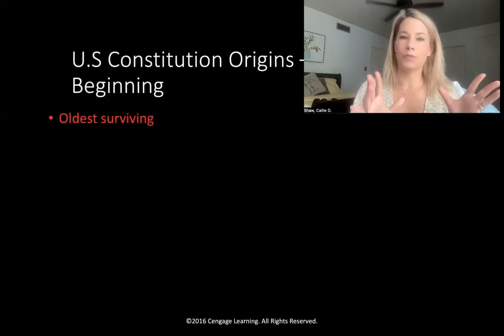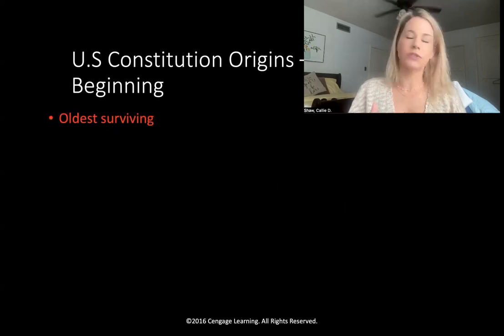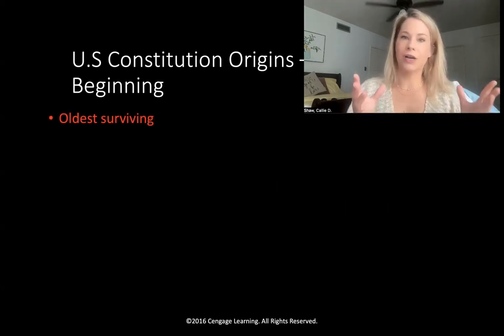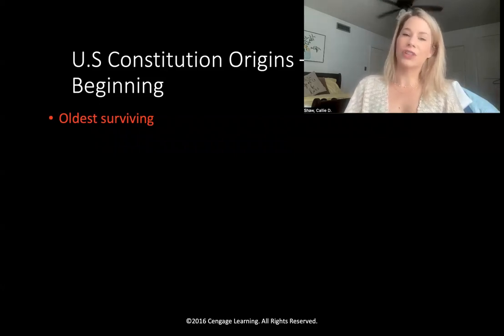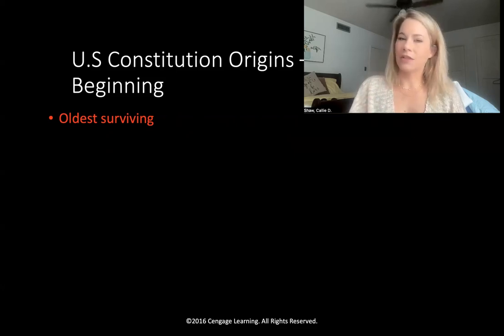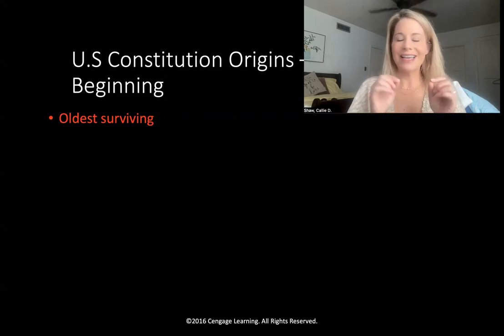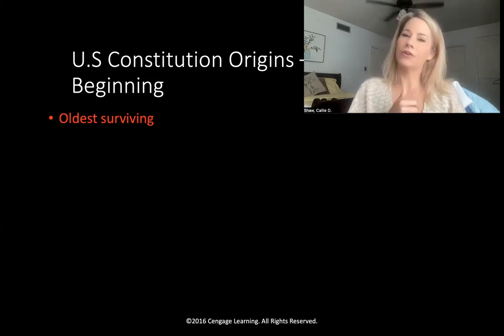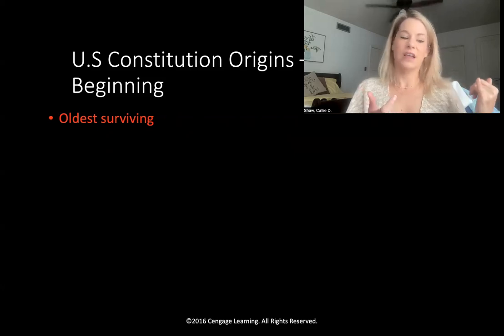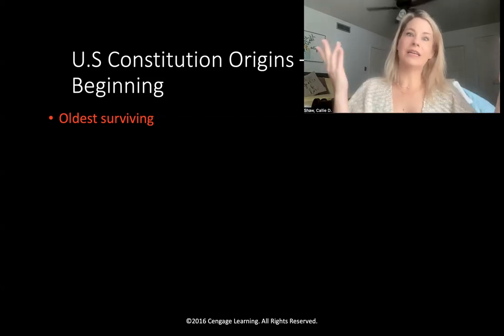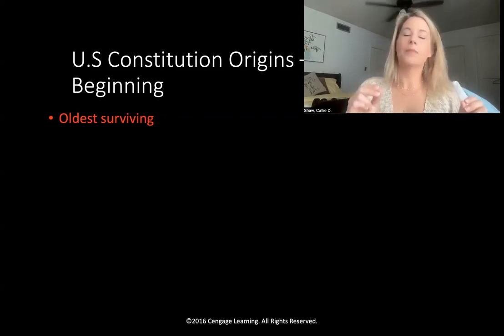Well, the origins began with the fact that our Constitution, that beautiful document that outlines our structure as a government, as a society, is actually the oldest surviving constitution in the world. Now, I want you to pause and think about that. The United States is young. We're like little babies, little bitty babies, compared to other countries such as Germany, France. I mean, the list goes on and on. Greece. We are infants compared to those ancient civilizations which stem back thousands of years, right? But yet, we can claim that our constitutional document is the oldest surviving one.